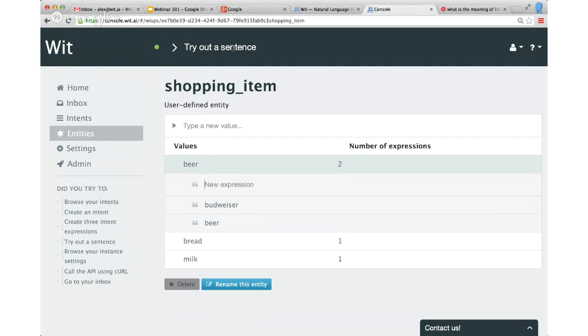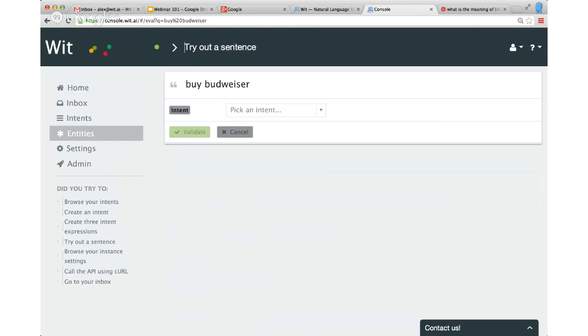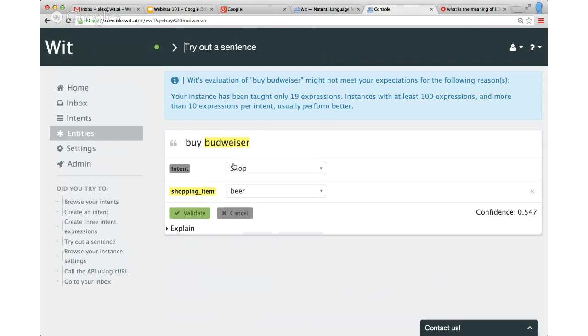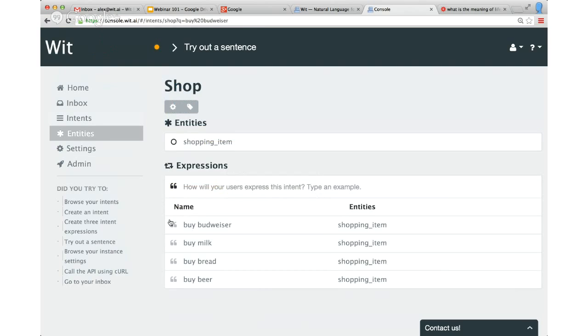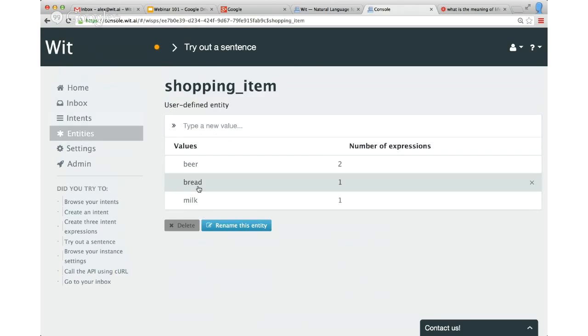So let's try that. Buy Budweiser. Okay, so Wit understood it's a shop intent, and it was mapped to beer because I added the expression in the entity right before. So you see that this kind of entity, even if it's a list, it's always open.